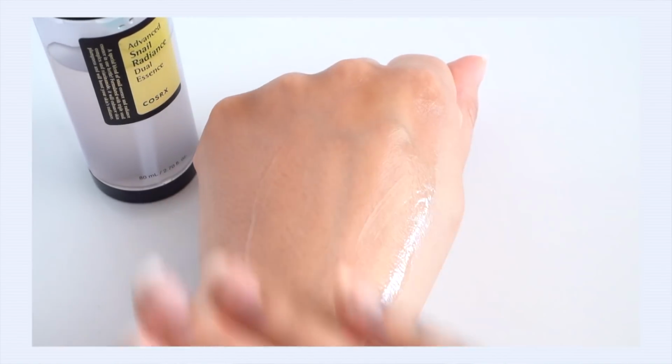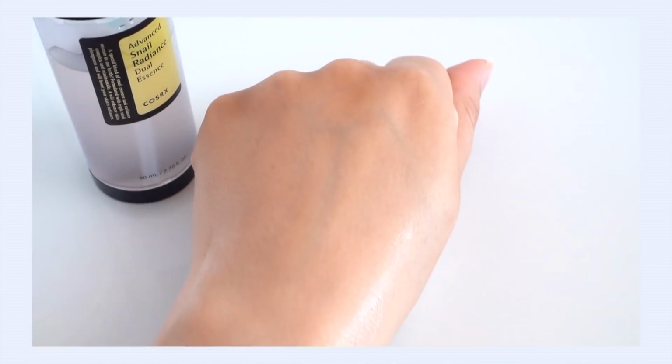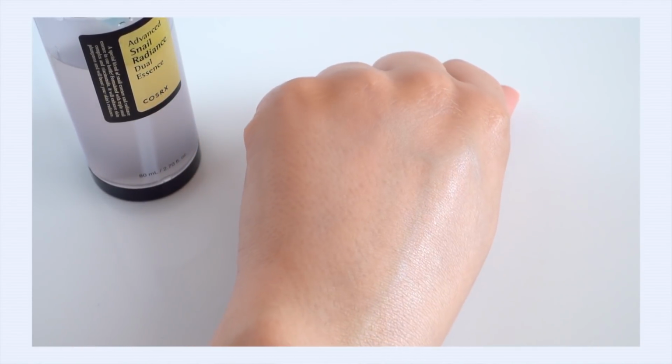It really marries well with the snail, and it super plumps up your skin. It really hydrates it, plumps it, makes it feel all juicy, balanced, but not super heavy or greasy. It feels amazing on the skin. This was like a love at first use type of product. I put it on my skin, I was like, wow, this feels great. A really effective amount of niacinamide with snail. Definitely a really nice one to have in your arsenal if you're really trying to target brightening, but also